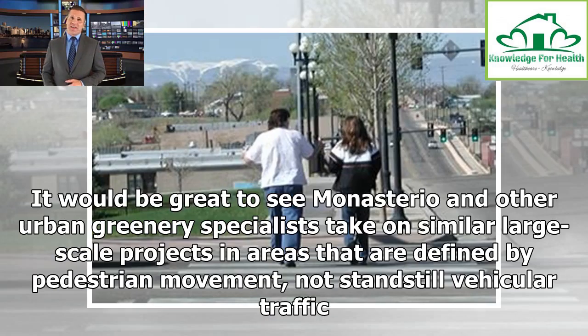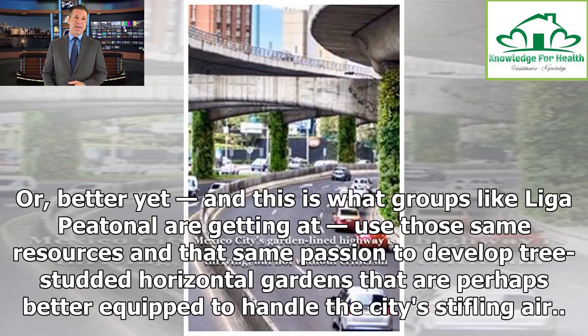It would be great to see Monasterio and other urban greenery specialists take on similar large-scale projects in areas that are defined by pedestrian movement, not standstill vehicular traffic. Or, better yet, and this is what groups like Liga Peatonal are getting at, use those same resources and that same passion to develop tree-studded horizontal gardens that are perhaps better equipped to handle the city's stifling air,